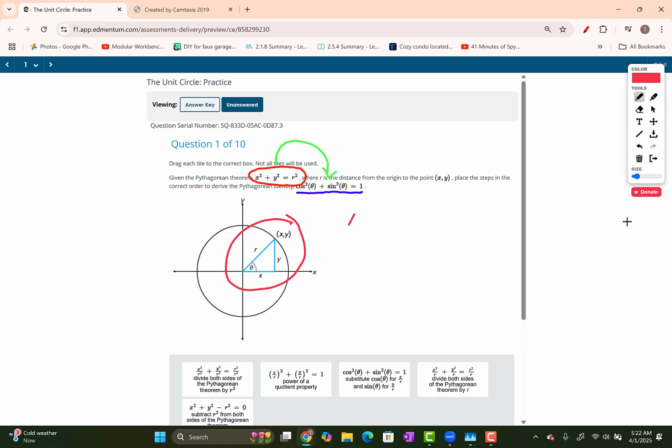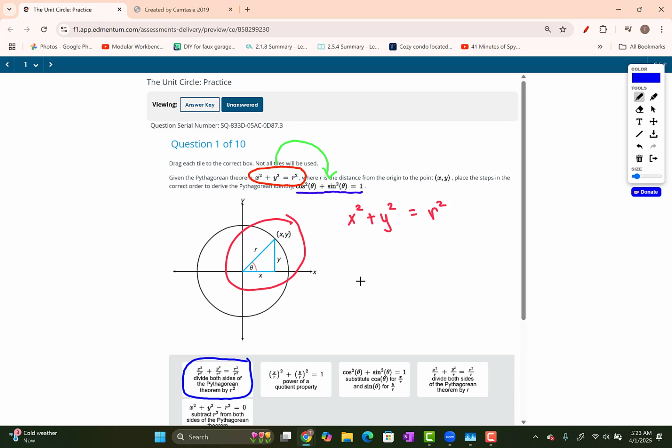So I'm going to start by rewriting that because that is our starting point. I'm not even going to look at the steps for now. But let's think about it. Our goal is to make this cosine squared plus sine squared equals 1. So I can kind of tell where that 1 could come from. And it might be helpful to look at the steps below as well. Because if you take a look at this step right here, this would immediately give us a 1 on the right-hand side of that equal sign if we divide everything by